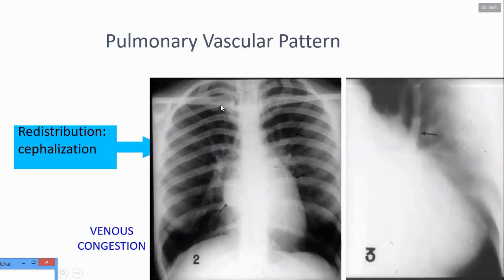In normal lungs, there is a gradual increase in prominence of the vessels from the apical to the basal region, but in this X-ray they are comparable. The upper lung zone, middle lung zone, and lower lung zone vessels are comparable. So this is cephalization, that is, an increase in prominence of the vessels in the upper lung zones, and we can also see prominence of the vessels in the apical portion of the lungs. This is the zoomed portion of this X-ray.